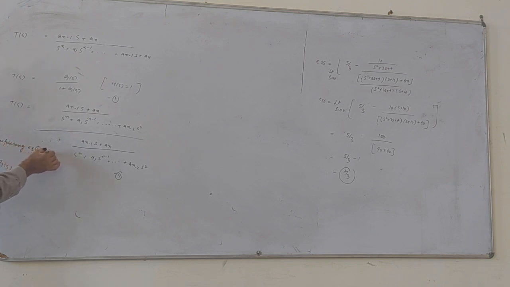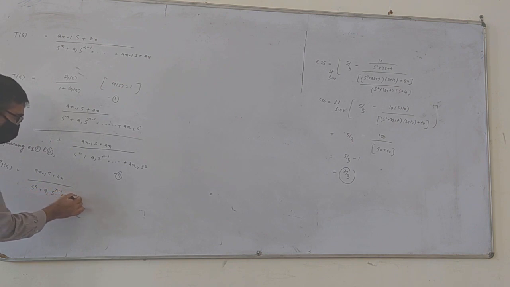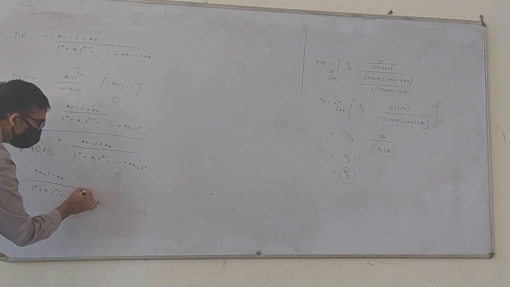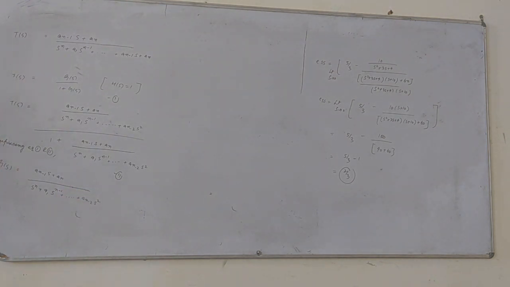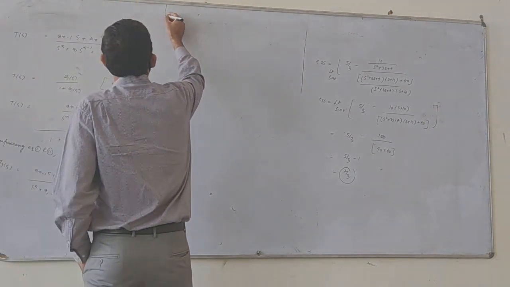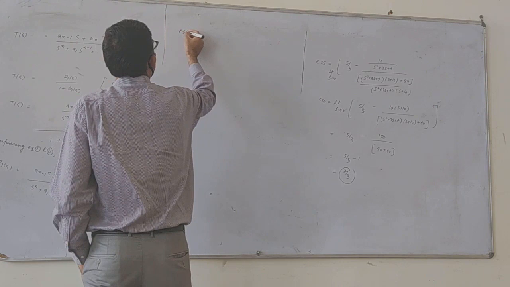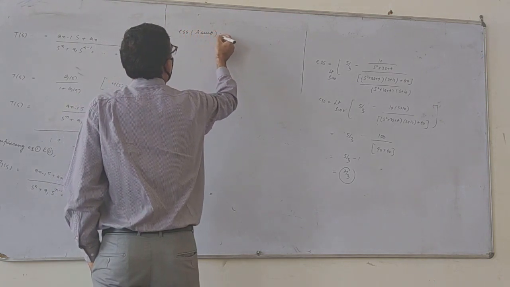Comparing equation 1 and 2, that means g of s will be a n minus 1 s plus a n divided by s raised power n plus a1 s raised power n minus 1 plus a2 s raised power n minus 2 and so on, up to s raised power 2। Okay, so which input we have given? किसका निकालना है? Steady state error किसका है? Okay, so steady state error for the ramp, ESS for ramp is equal to 1 by kV